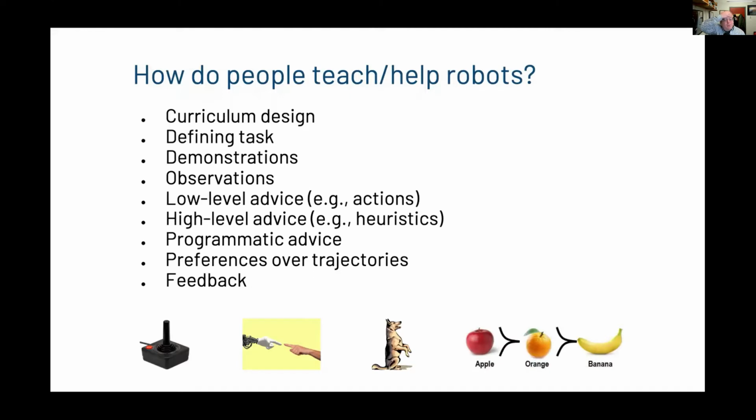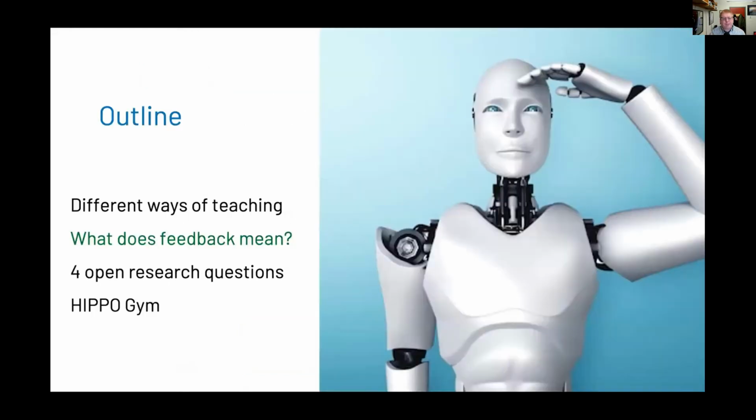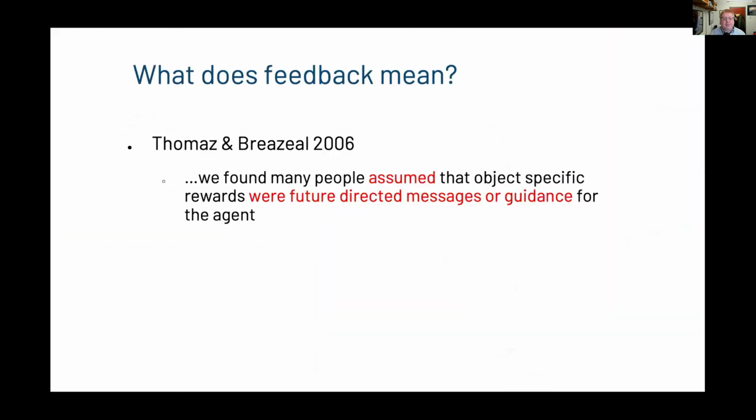And what's the right way to do this? I mean, the first one that I want to focus on is not so much rewards, but human feedback. So think about how you might teach a dog. So of all these ways people could help, let's just focus on one of them to start. There's a plethora of ways that we could teach robots. I don't think we have a great idea of when and where which modality is best, but let me zoom in on just one of those, just feedback.